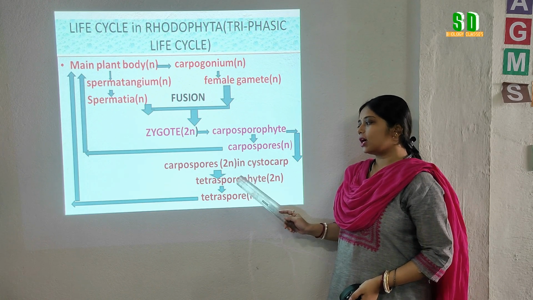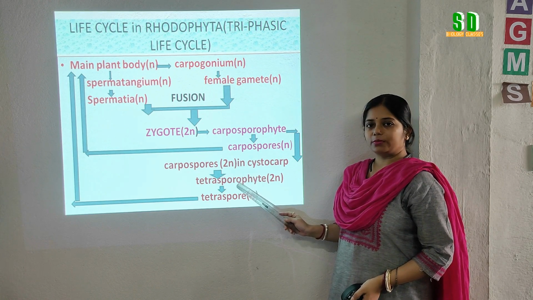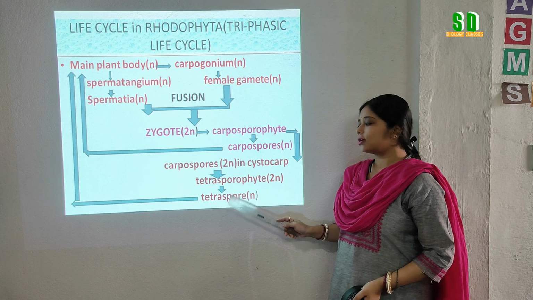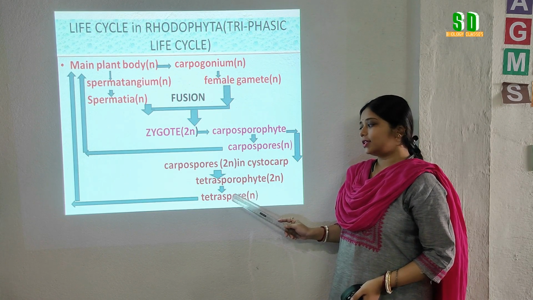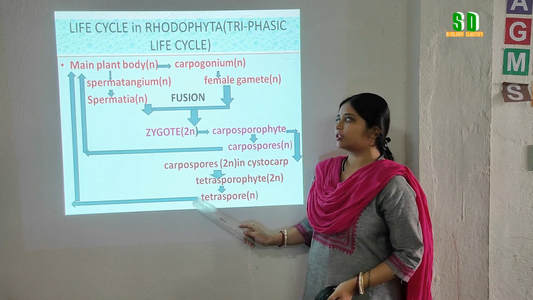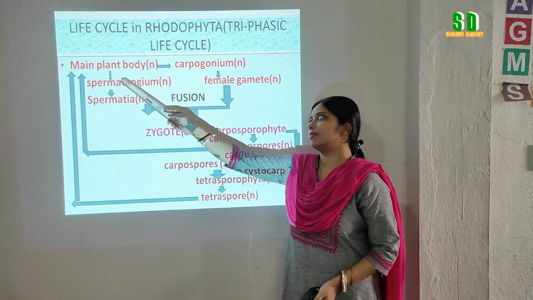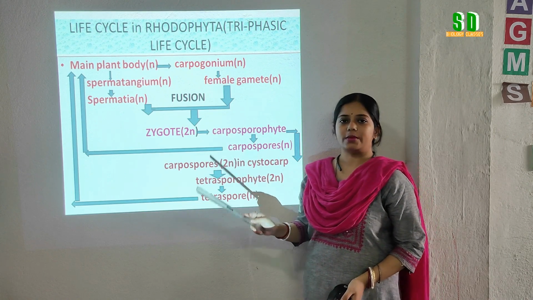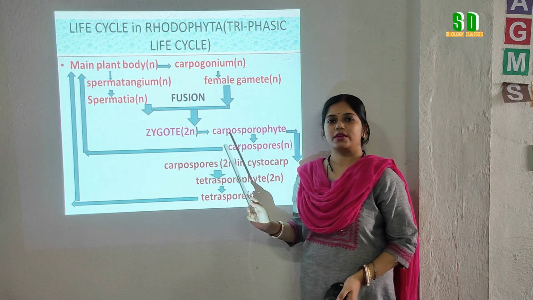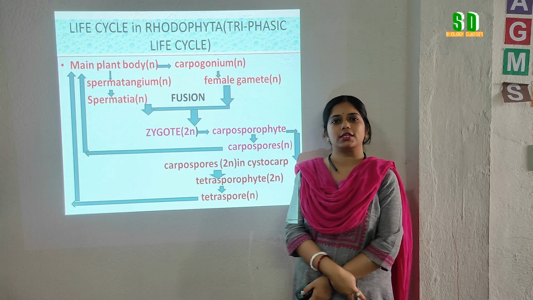These tetraspores, which are haploid in nature, then germinate and give rise to the main plant body, that is the gametophytic plant body. This type of life cycle is called the triphasic life cycle,